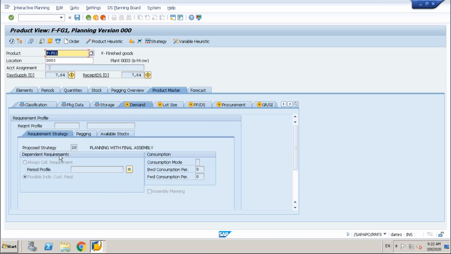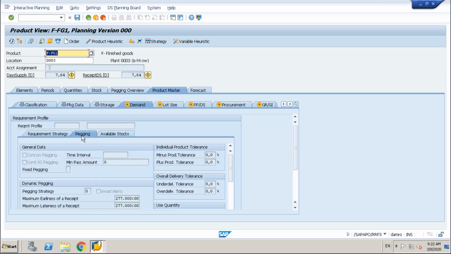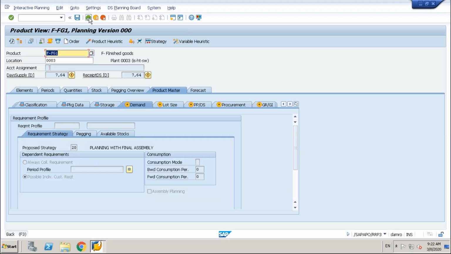If we go to demand tab, absolutely no problem. Pegging, we removed last week. We had put some fixed pegging and all. We removed that also last week. It's only